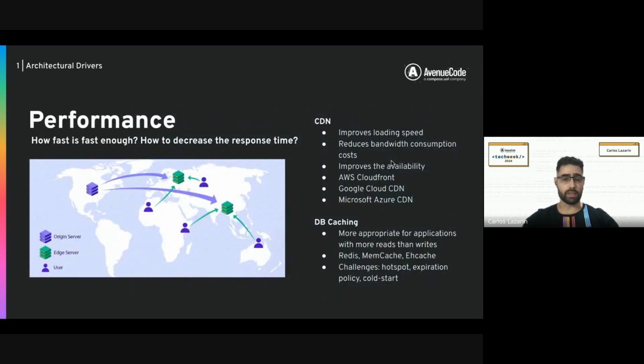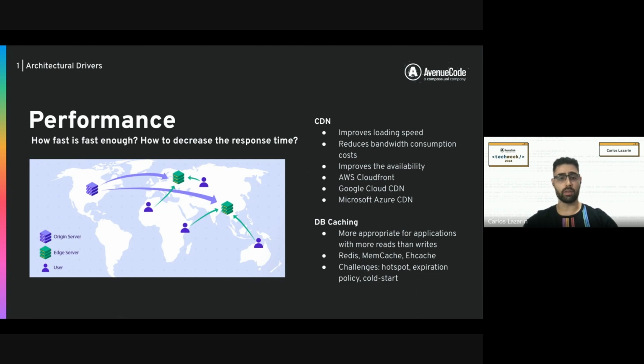And what about performance? So how fast is fast enough, right? There is a study that says that if a user waits up to 3 seconds to load a page, the user is going to leave our application. So how can we improve this response time? A common approach is to use CDNs, that are content delivery networks. These are servers located across the globe, close to users, so we can cache static content like video, images, JavaScript,